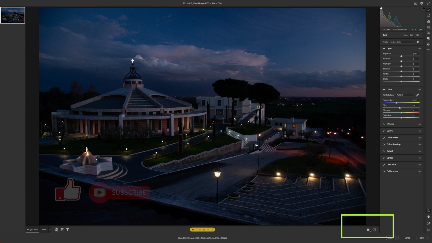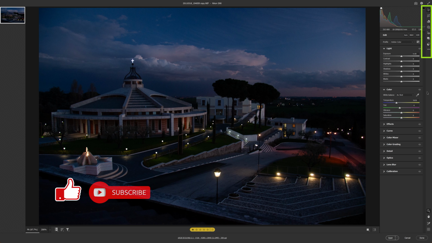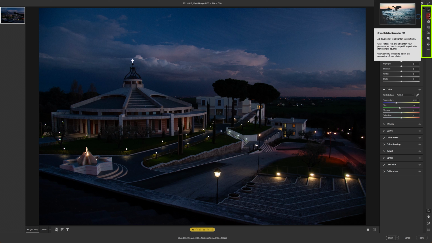So right now we don't have any processing done, so it's going to show us the same thing. On the rightmost side, you have a single panel which has buttons for each of the panels. So for example, you have the edit panel, the crop panel, you have the remove panel, the masking panel, the red eye panel, you have the presets panel,